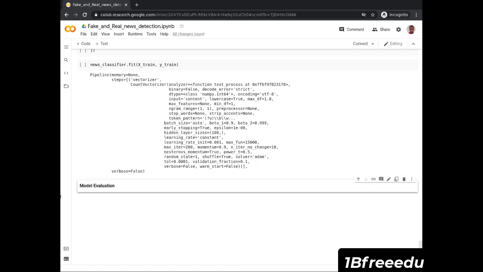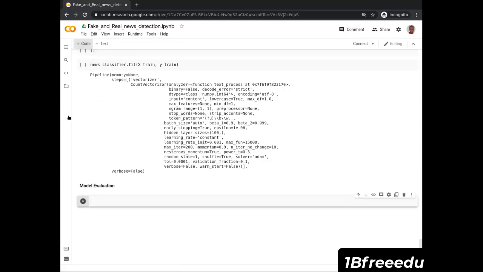Hello and welcome back. In this task, we will test and evaluate the performance of our model using the test data we held out just before training. Let's add a new cell and get our predictions after passing in the test data. So I add a new code cell and I say predicted, which is a variable to hold my predictions, equals to